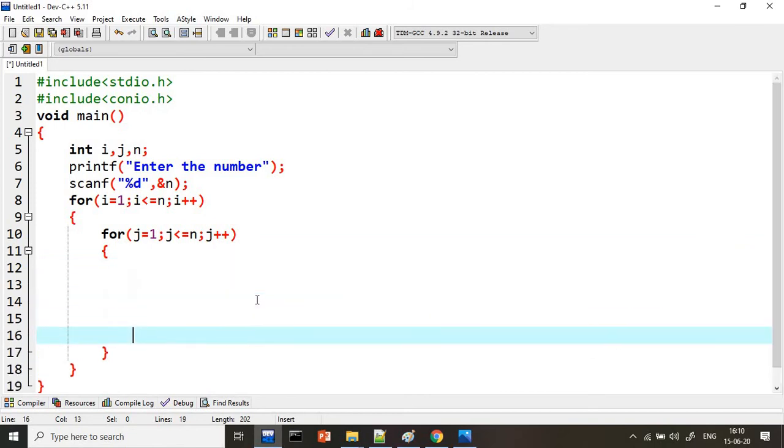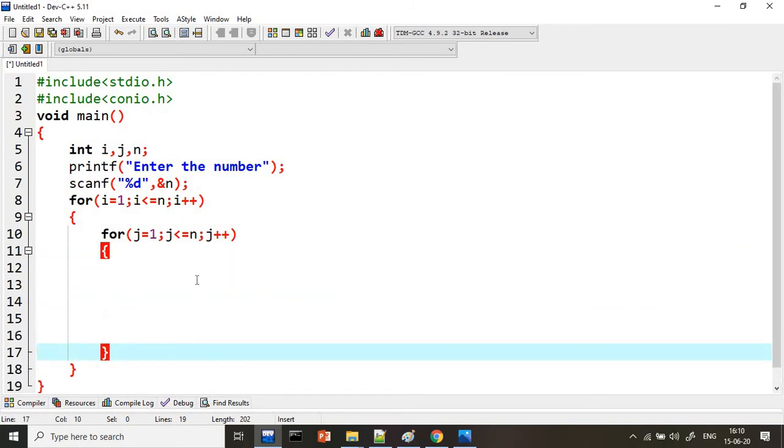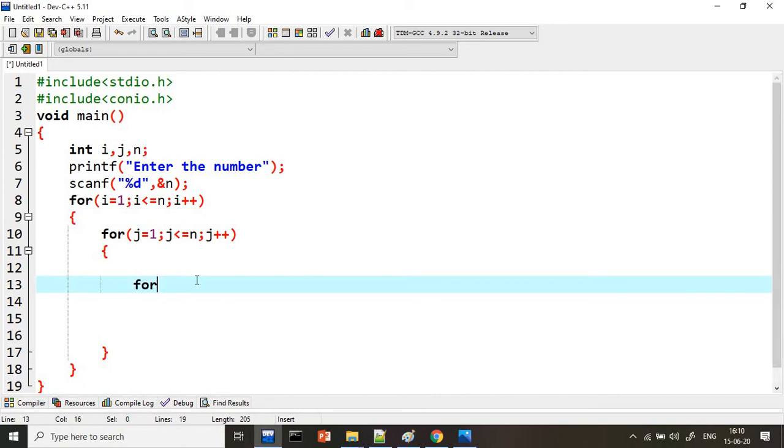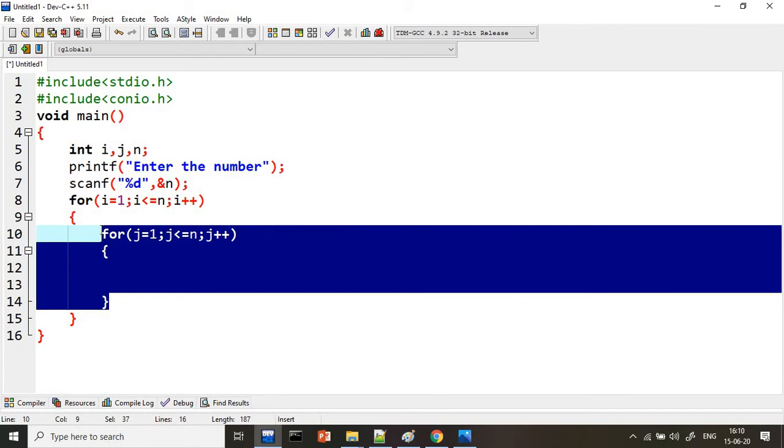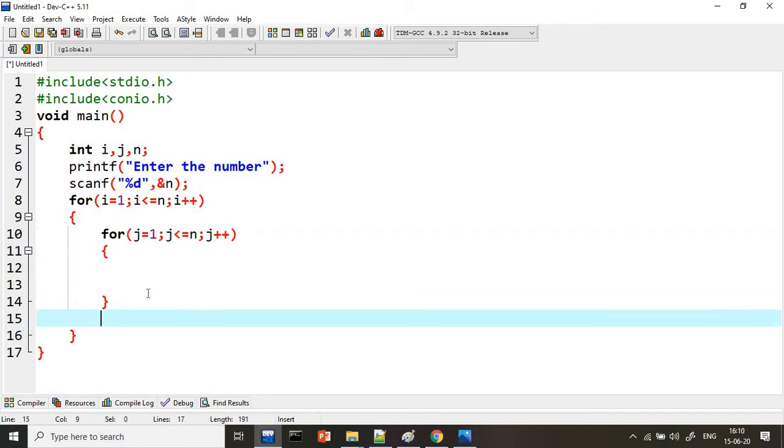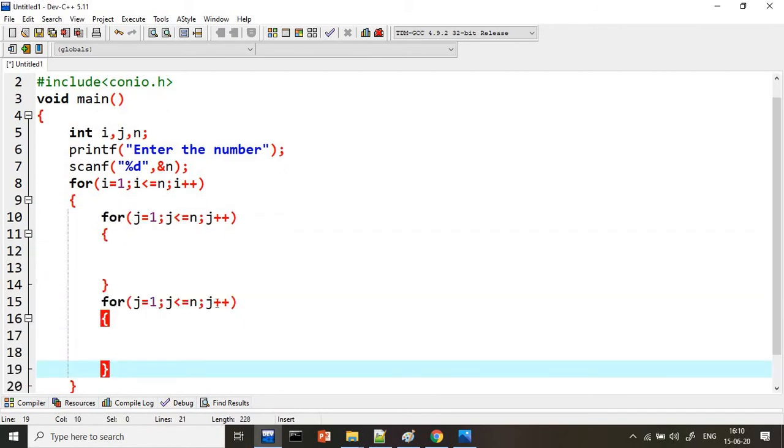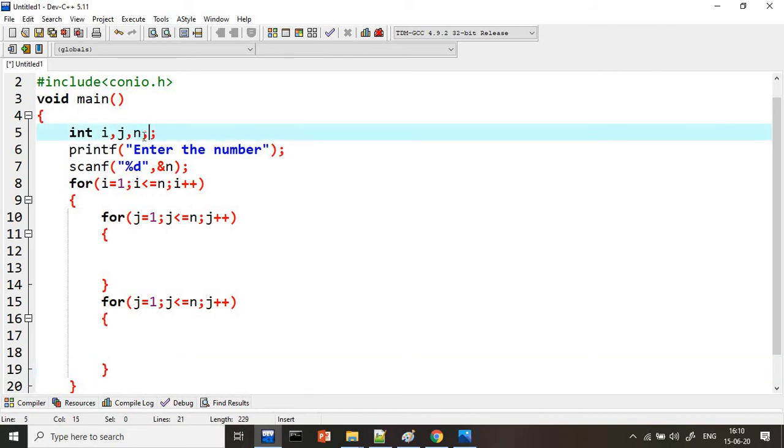So what I will do, I will write here two for loops inside this one. I will do one thing: this for loop I will take two times. This for loop is there, and I will write it twice. Why? One is for the dollar and second is for the ABC. So for the ABC we need k = 65 in my program. Why? Because the ASCII value of A is 65, that's why I took the k value as 65.